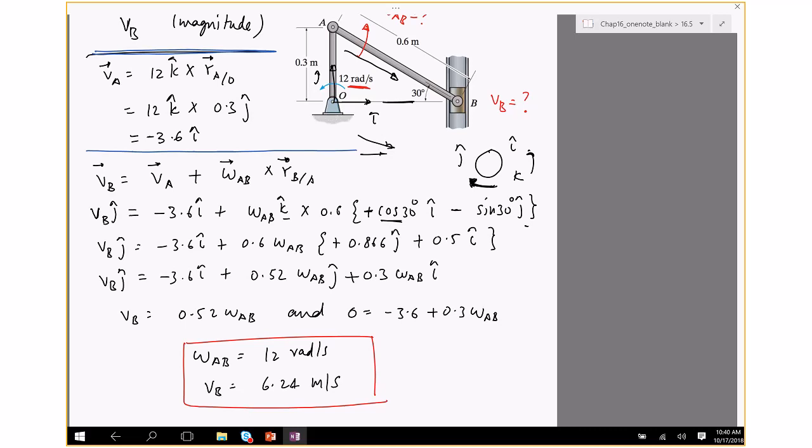Okay, any questions on this? So this is a simple problem. You will not see it's simple because of the geometry. You might actually see a problem which involves O slightly tilted, which makes the